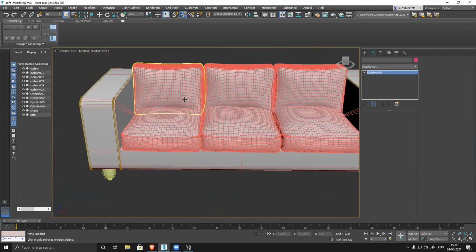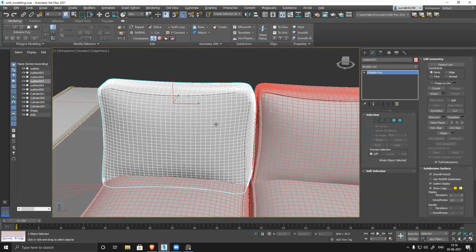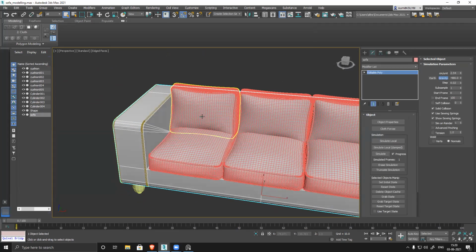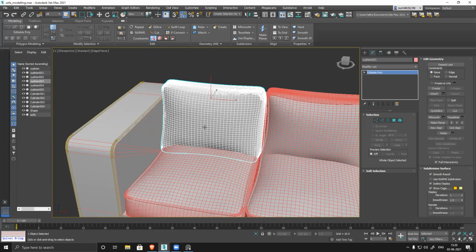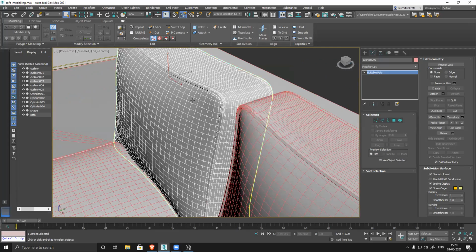There's no issue. The only thing is, these are way too high poly. For a production model, initially it's fine, but for gaming we keep it a little optimized, because you can see this is really low poly and this is pretty high poly. So in gaming, when you create this, we try to balance it. Poly distribution should be even. Obviously this is a soft surface, so it needs more polygons. So what we can do,